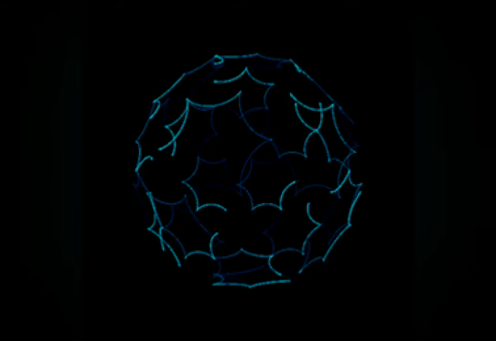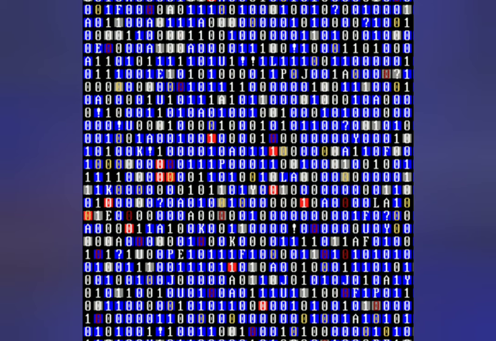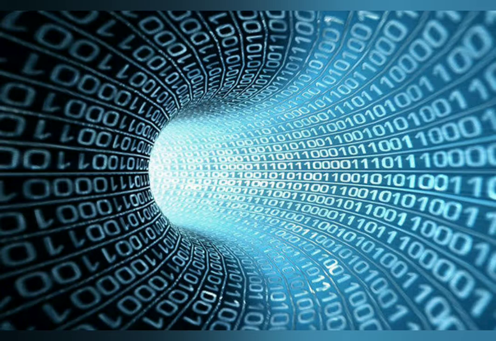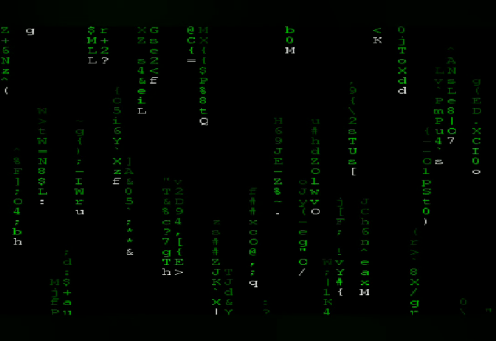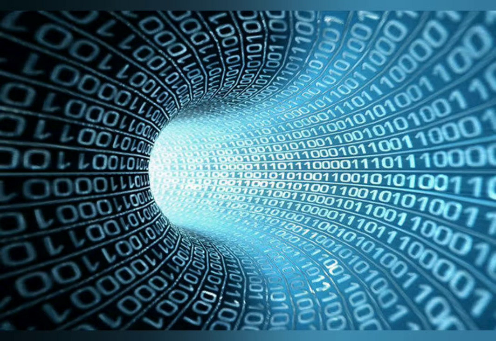So computer coding is the use of computer programming languages to give computers and machines instructions on what actions to perform. It is the way humans communicate with machines, and it allows us to create software like programs, operating systems